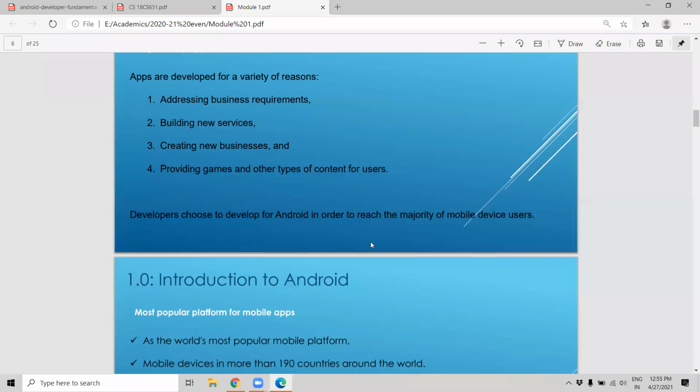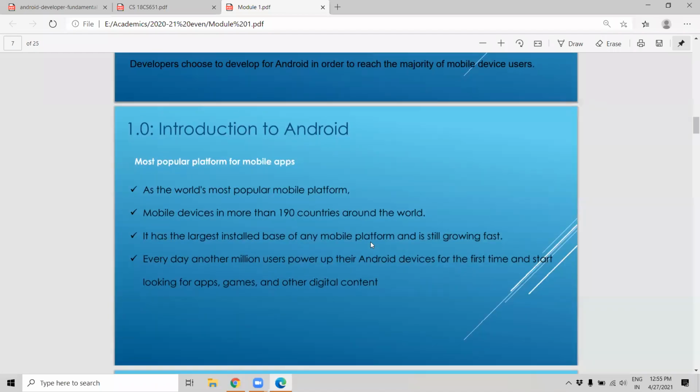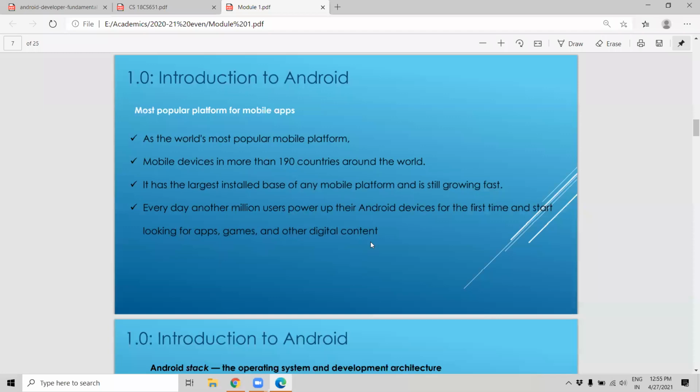Are there any other platforms other than this to do this requirement? Yes, iOS is there. So many platforms are there, but the most popular mobile platform is this Android. See, in 190 countries, in all the mobile devices, there is an Android.